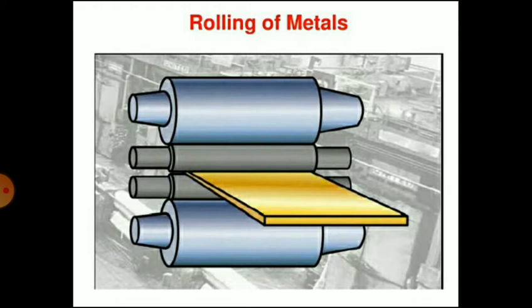There are the rolls that are shown. This is a rolling mill. That equipment is called a rolling mill. It is a 4 high rolling mill. There are two middle rolls, one top roll and one bottom roll, and the material is passed between those rolls. So it is a 4 high mill.